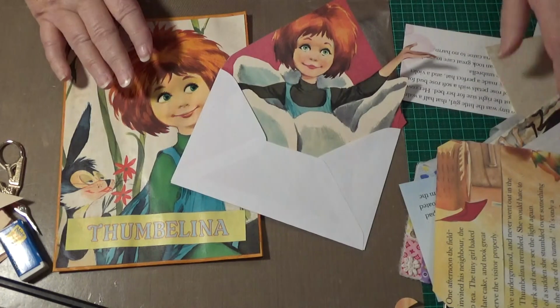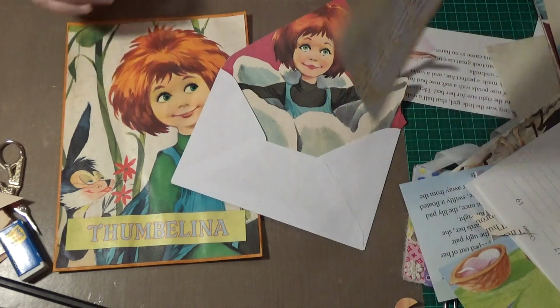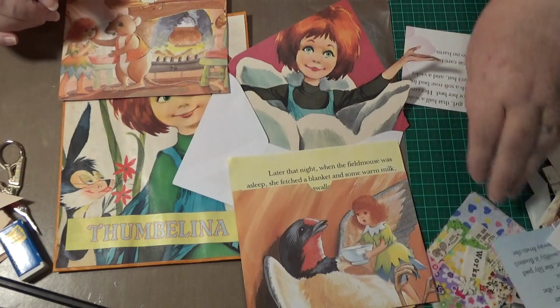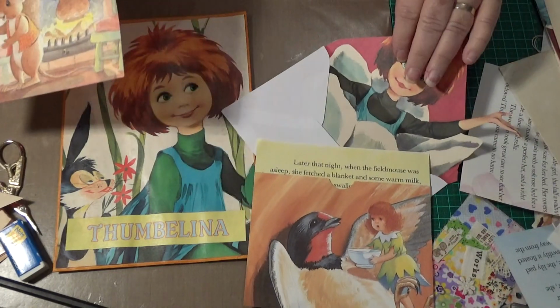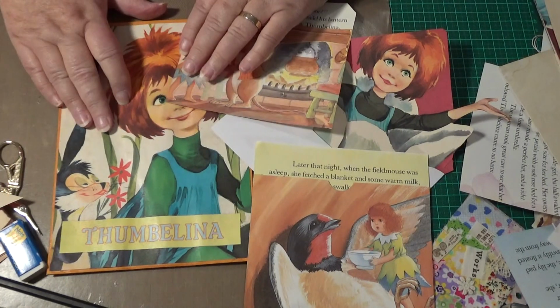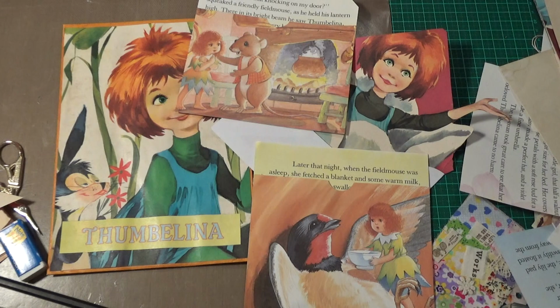So this is what I've got so far, people. This is what we're working on so far, to work on in my little book. So, when I say little book, I'm going to come back tomorrow, unless I can't,